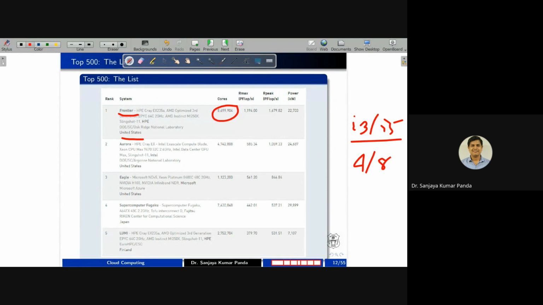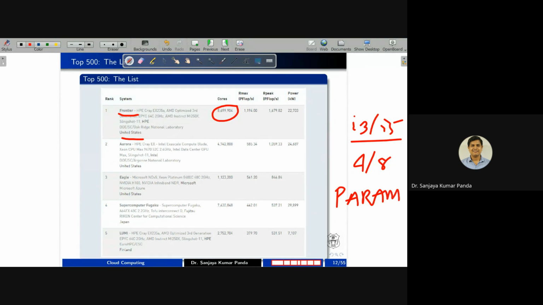But a supercomputer is situated in a particular place. If anything is situated in a particular place and any natural calamity or any kind of failure happens, then the whole network is going to collapse. Like NIT Warangal has an association with IIT BHU to use their supercomputer, Param Shivay. You can see that in the top 5 list, our country's supercomputer is not there. And you may be aware that Param is the fastest supercomputer in our country.